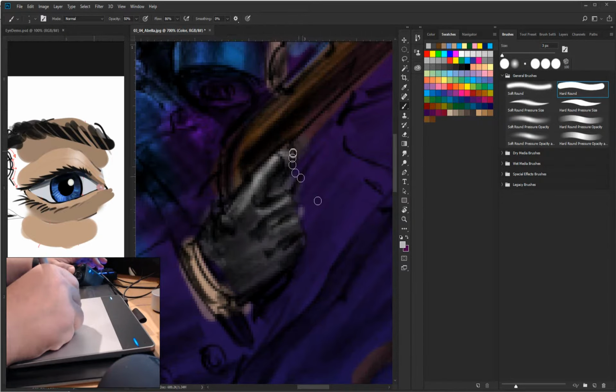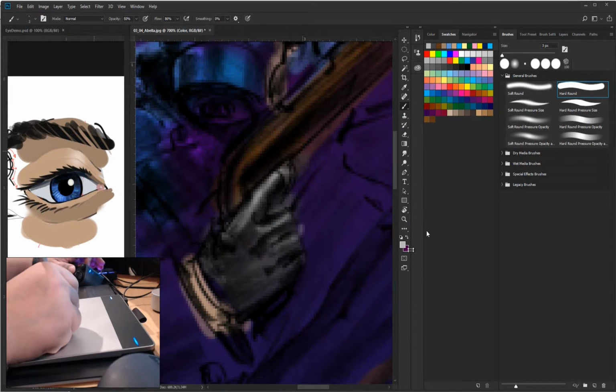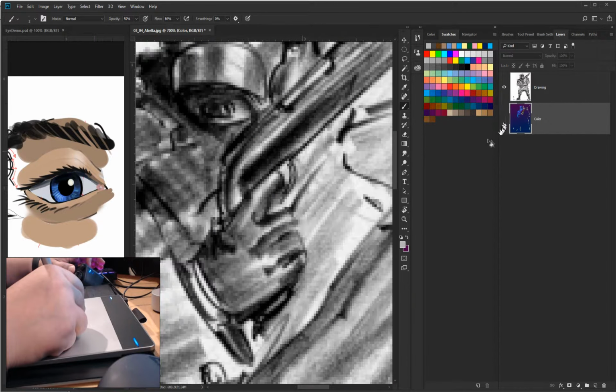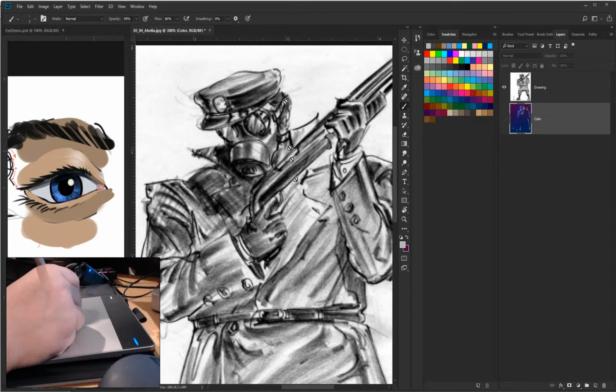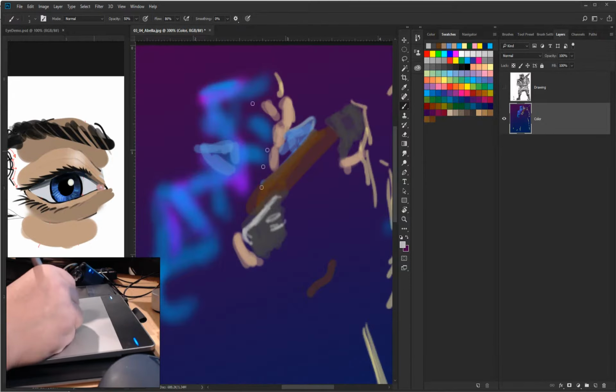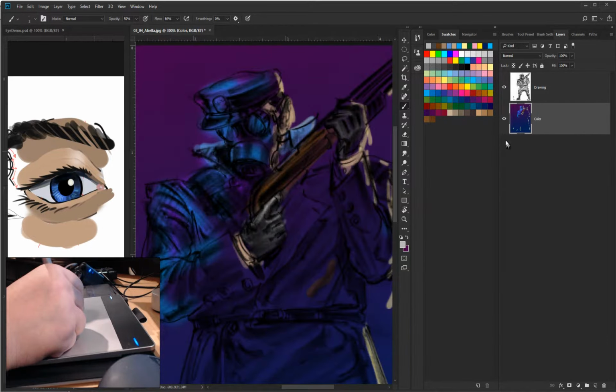But the idea is that you get 90% of your drawing finished, so that it looks good in value, and then your color just can be this sloppy, but your drawing makes it work. I'm not going to spend too much time on it. I just wanted to get you guys sort of started. And what you would do is you just bring up a painting that has colors that you really like, put it over here,